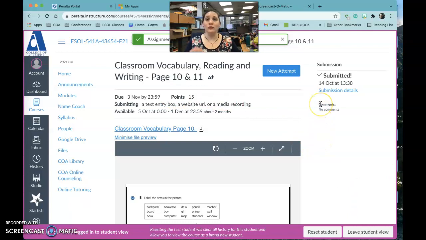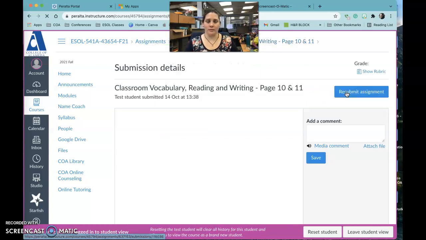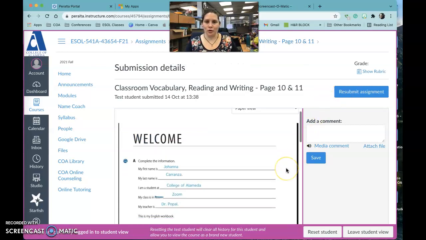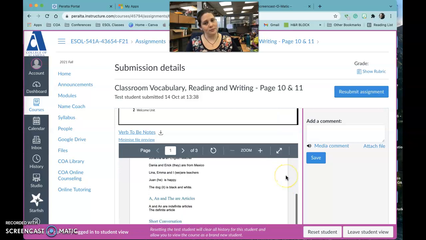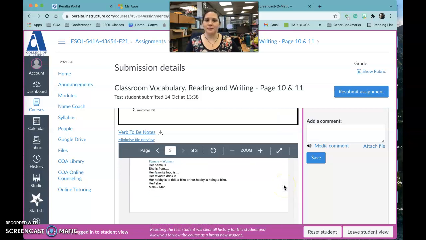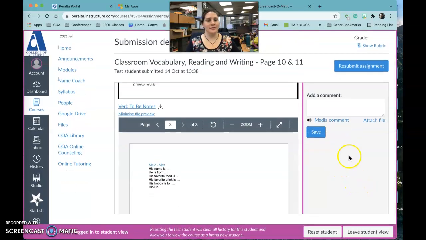And if you want to check that you really submitted your homework, you go into the submission details and you click on it, and it will show you the picture, and it will show you the document. Here it is, and that's it. That's how you submit